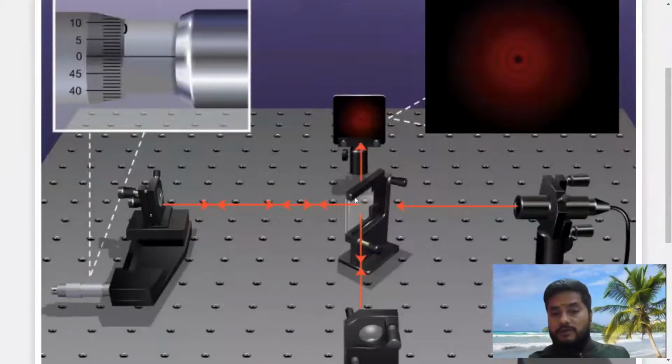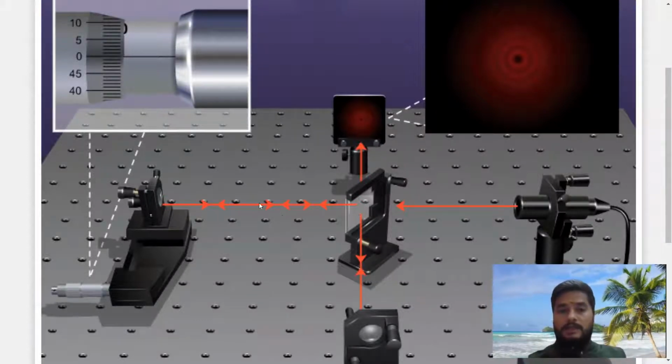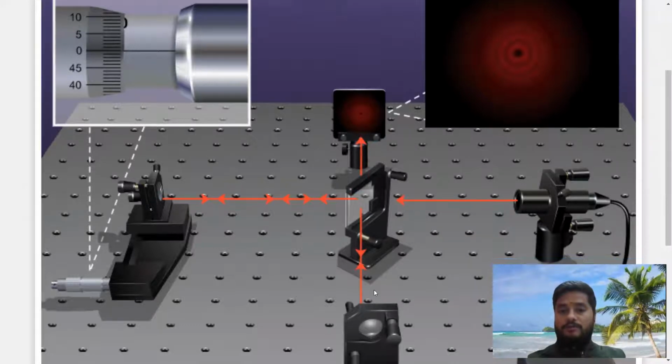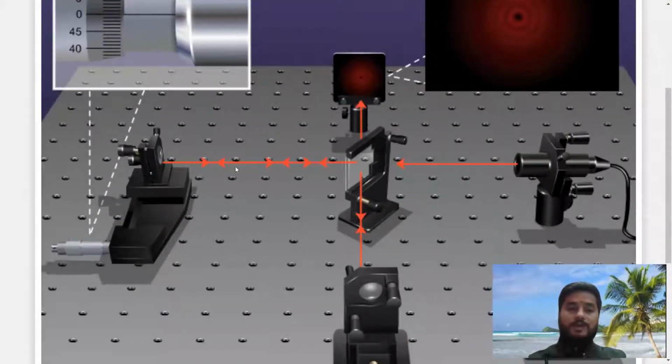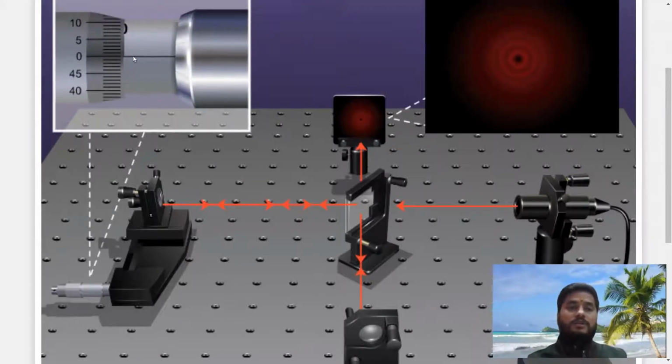these small white glass plates are situated in this portion, and they help to split the single beam of the helium neon laser into two parts. Half is reflected from here, this beam splitter, to our mirror M2, and half of the portion is transmitted to the mirror M1. This is our micrometer,